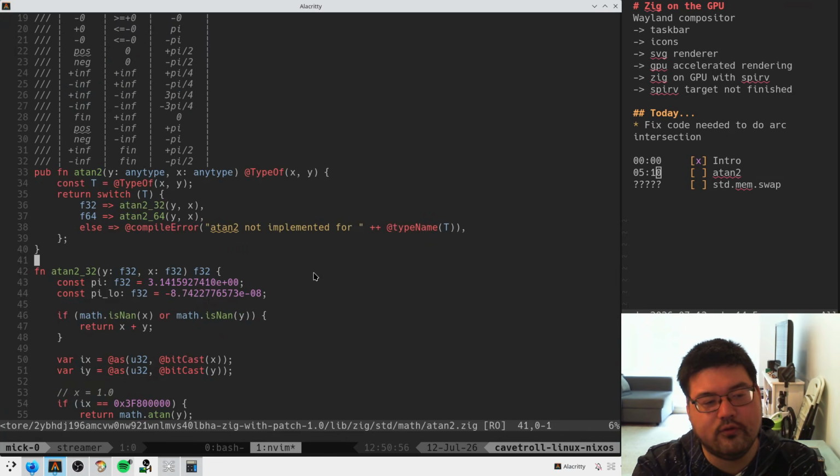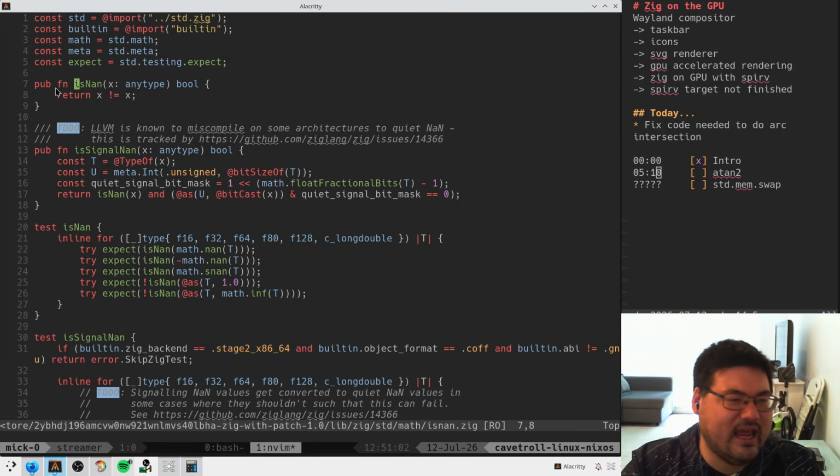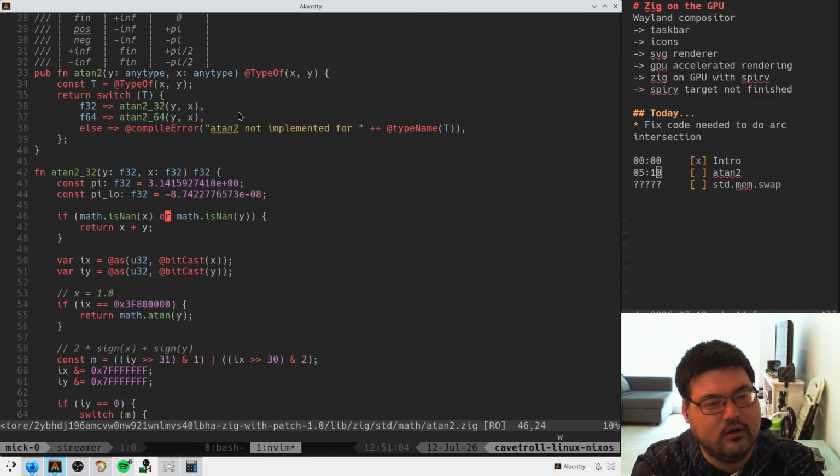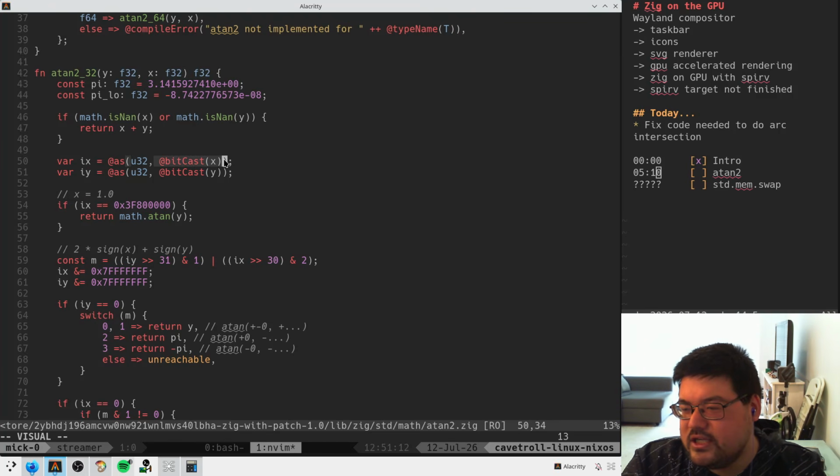So I guess we're trying to look for anything in here that is doing some form of bitcast. Is NAND maybe? No. Bitcast here from an F32 to a U32. So we are seeing a bitcast here, but I would imagine